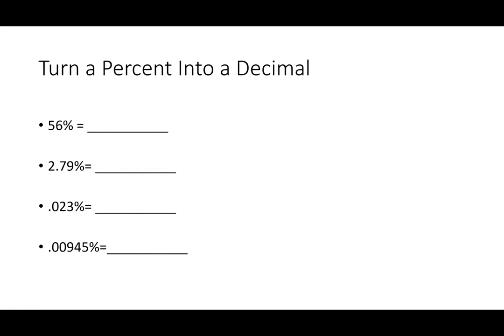And I can also go from a percentage back to a decimal. And again, we're going to divide this time by 100. And again, we're going to move 2 places. Now, because we're dividing, we're going 2 places the other way. So 56% is going to become 0.56,